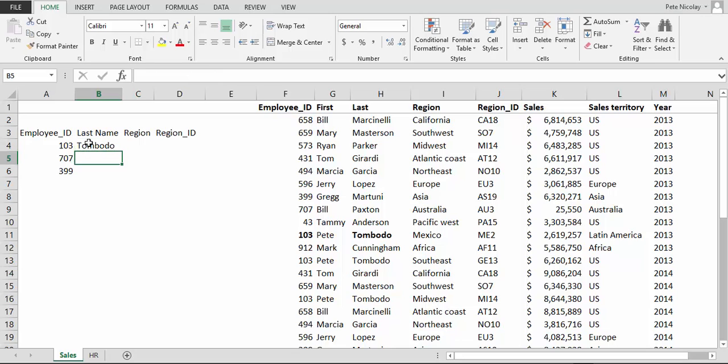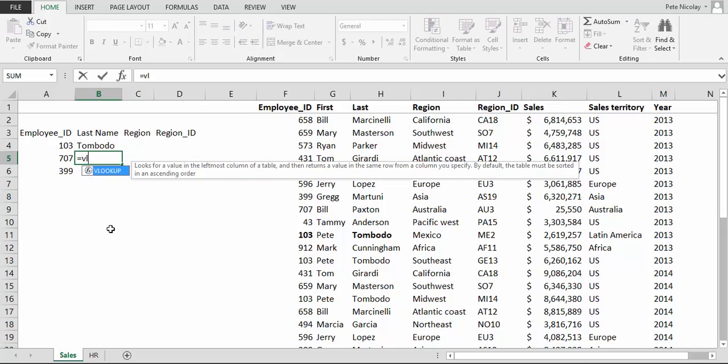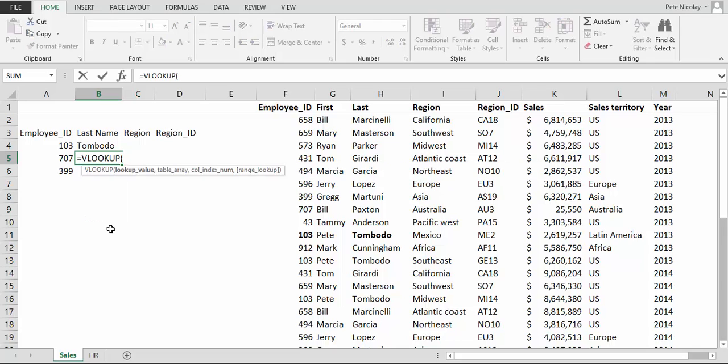Let's do a few more vlookups just to make sure we're comfortable with them. Enter vlookup. This time we're looking up employee ID 707. We want to look it up in columns F, G, and H. Now if you look, as I scroll across these columns,